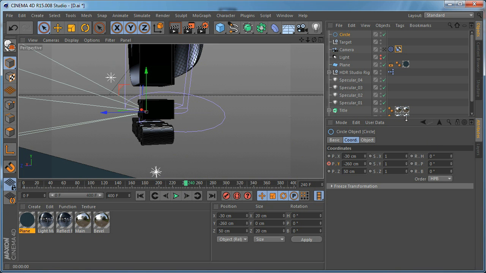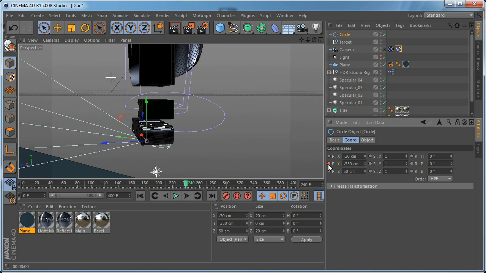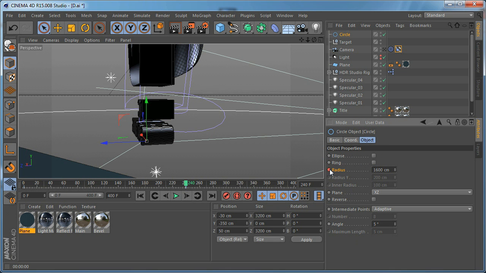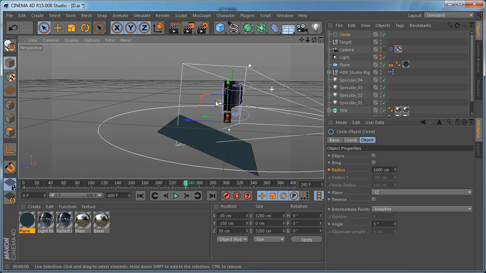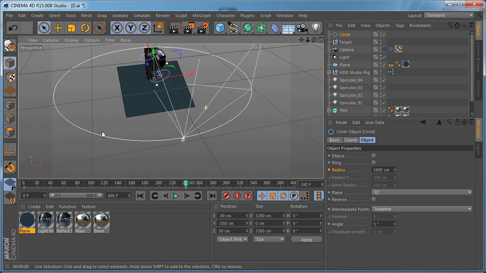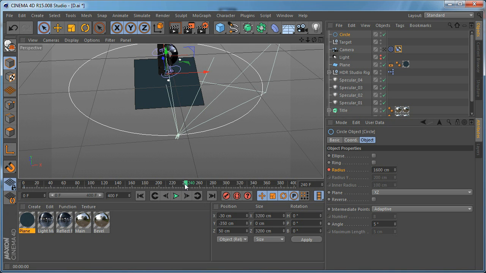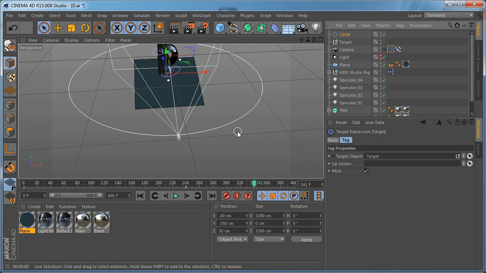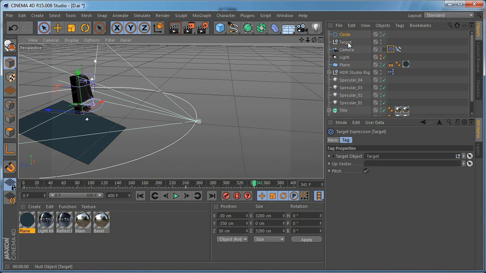and change the settings. Set the Y of the circle to -350 and increase the radius quite a lot, 1600, and set a keyframe. And basically this is the animation. And for the target, let's drop the target object here, select the target, go to the